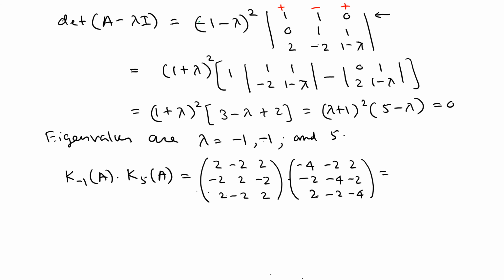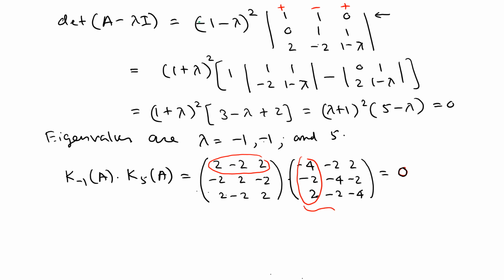Now what we're going to do, we're going to multiply. So we're going to pick a column from this and multiply with a row from that, and you can see when you multiply, you get 2 times -4 is -8, and then -2, -2, +4, 2, 2, +4, that means 0. And you can see that when you multiply everything, picking a column from the second one and a row from the first one, everything is 0. So you simply get 0. So this is a very special case. The 0 means that